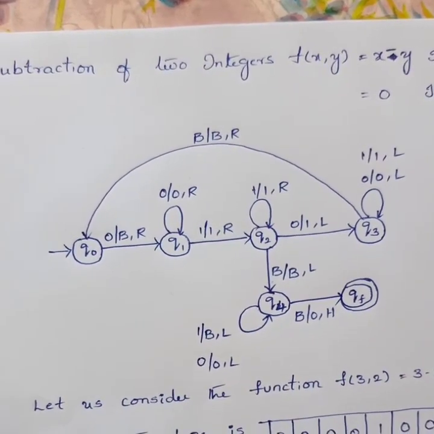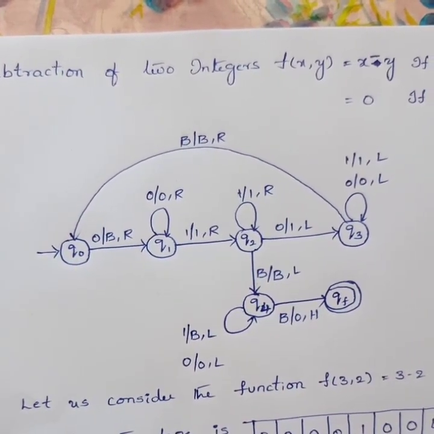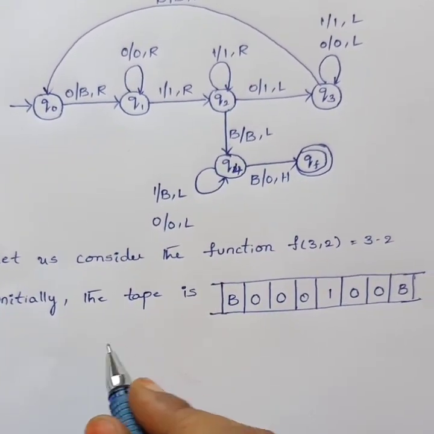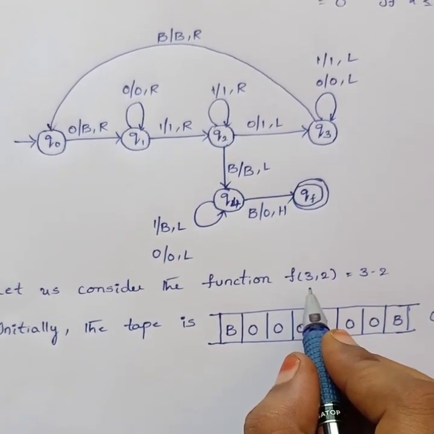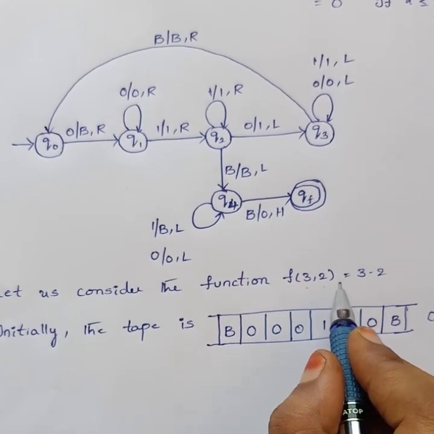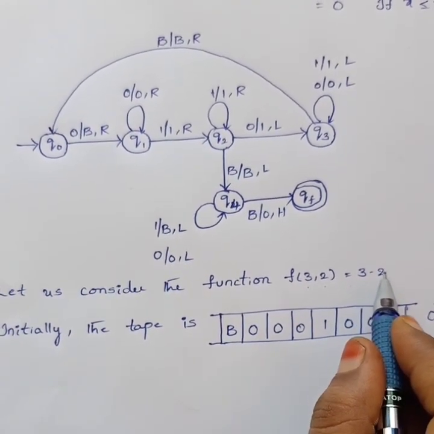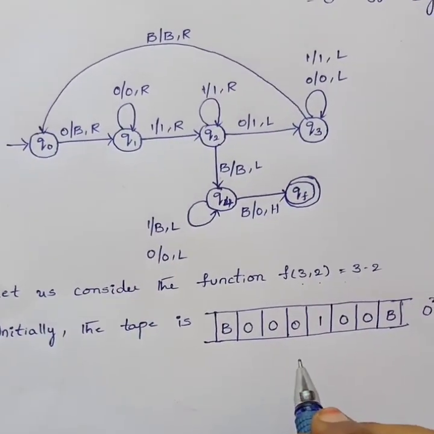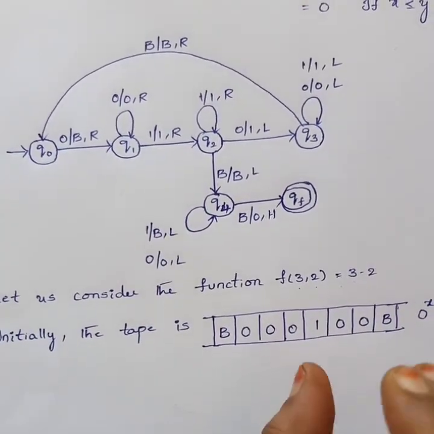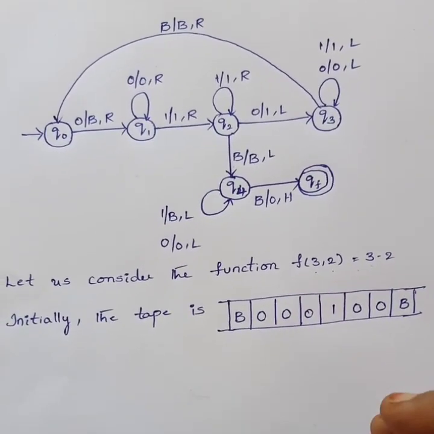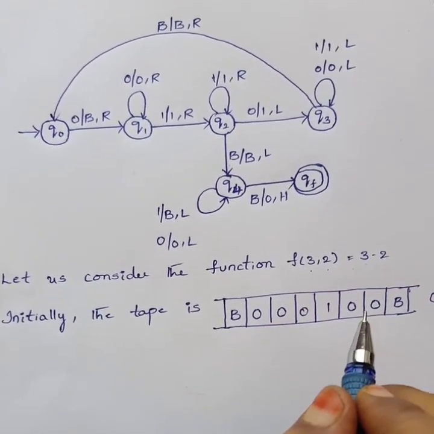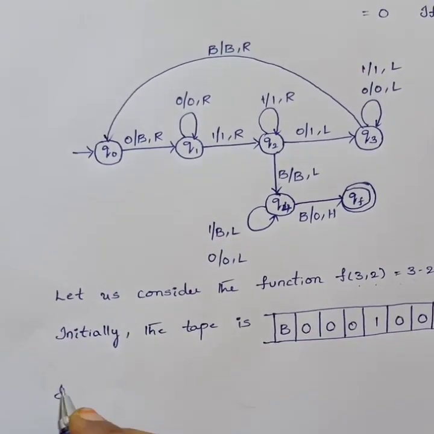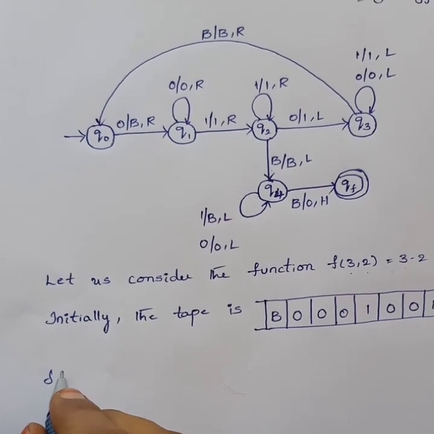See, here the calculation process is step by step. I am explaining it by taking an example also. I am taking the x value as 3 and the y value as 2, performing the operation 3 minus 2. Finally, I get 1. So 1 means the tape must contain that resultant number of zeros, and that will be the final answer. Now, in the first step, I have to take the transition like this, delta of